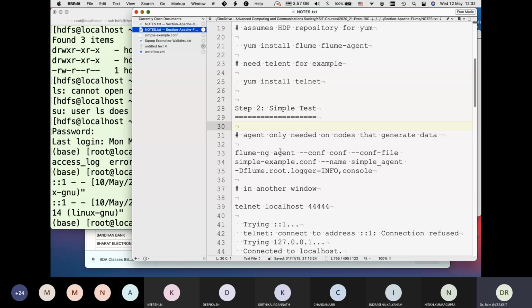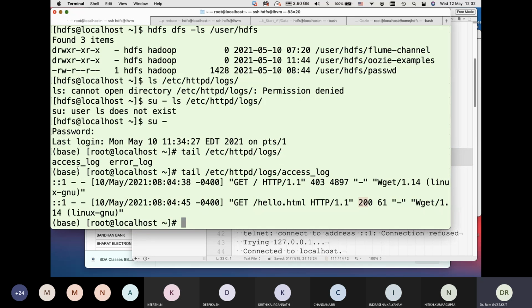And then you look at simple tests. What we're doing is running one simple Flume agent, which will listen on a particular port, and using Netcat, cat on the net, we'll write some data so that the data goes to the Flume agent. Now it needs a configuration file explaining which port number to listen to. So let me look at a simple configuration file, simpleexample.conf.